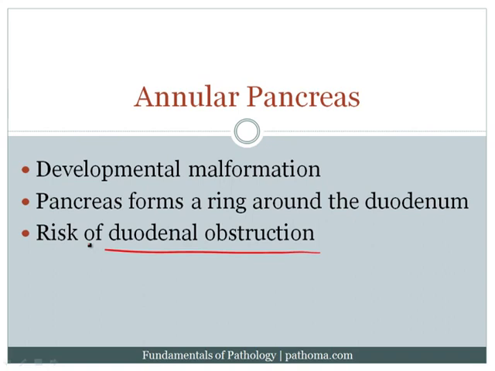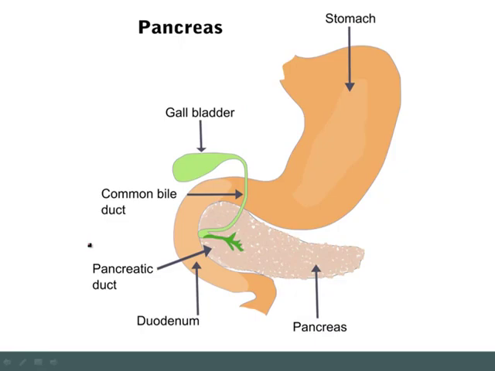with embryology. Now let's go back to the normal and remind ourselves that the pancreas sits here in this sort of C-shaped bend of the proximal duodenum, and it's slightly posterior to the duodenum. Now imagine if the pancreas were to be shifted forward and then were to turn on itself and wrap around the duodenum, then this would form a ring around the duodenum, which could potentially lead to duodenal obstruction. And that's called an annular pancreas, when sort of the head of the pancreas bends around and wraps around the